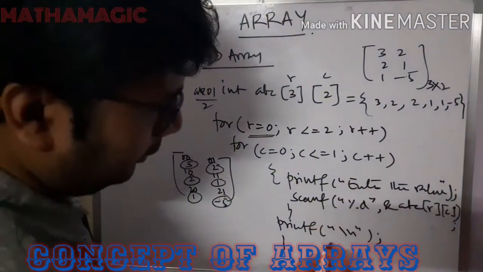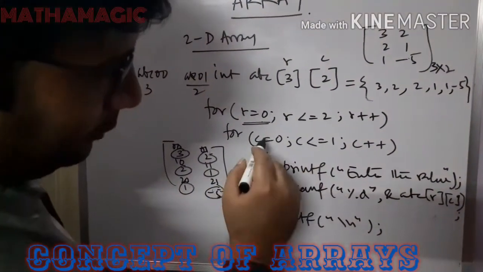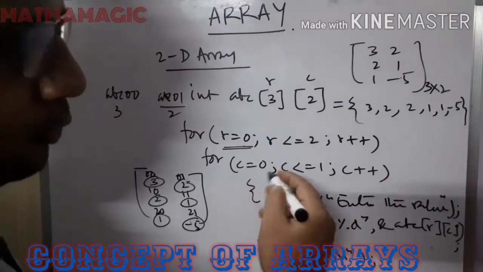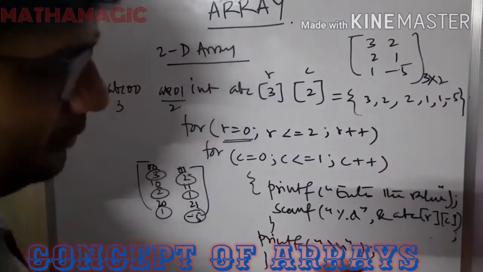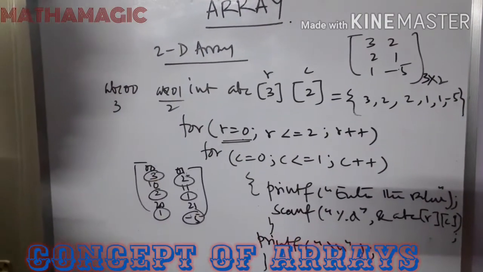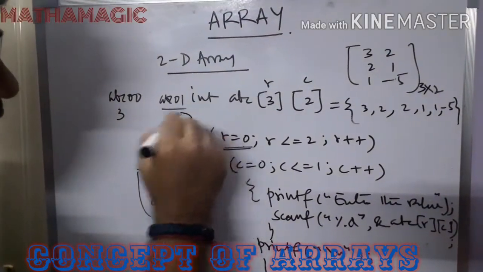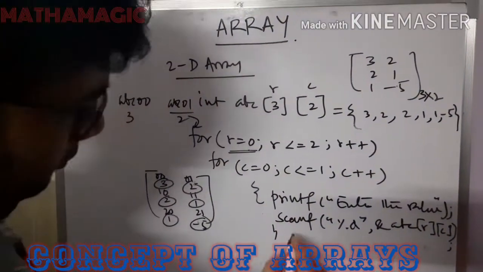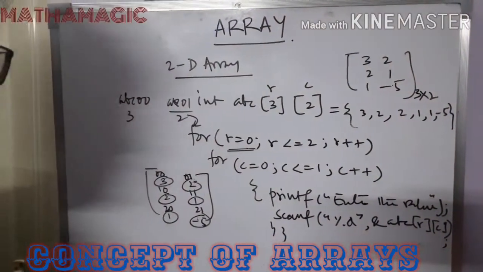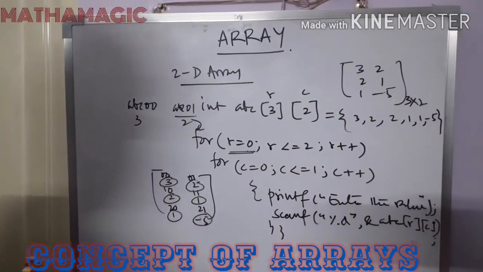Now C will get incremented once again, so the value of C becomes 2, the condition is dissatisfied, so it will move out of this loop. So it will execute printf \n. Why have we given printf \n? Because we just want to print like this. You can give it or not give it. If you don't give it, then there won't be any problem. No issues will be there.